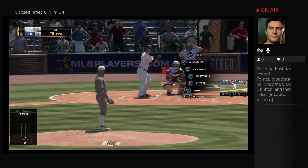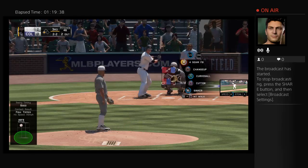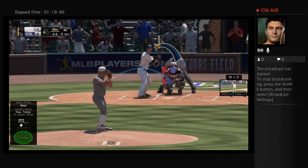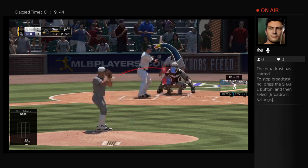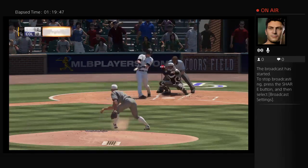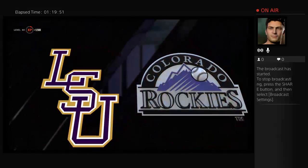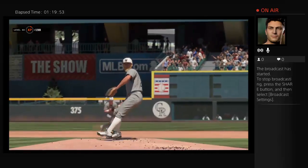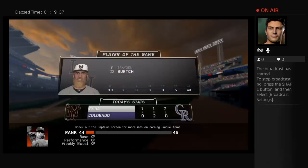And a pitch up and in, keeping him honest, 1-1. Now a 58-foot curveball that misses for a ball. Breaking ball. That's in the dirt as he takes a ball. And he does have a base. And he struck him out, and the ball game is over as they get the possible tying run over to third, but can't get him across. And guys, you can't win if you can't score, so there's probably not a